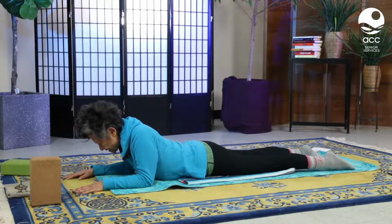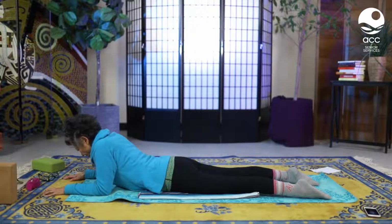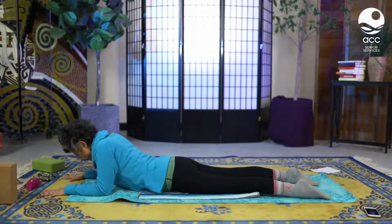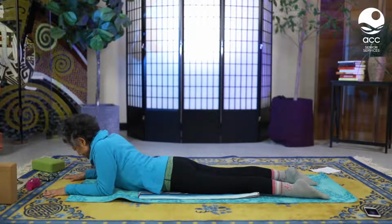And then see if you can relax everything from the hips down to the feet. Let that be your anchor point. With the next inhale, we're going to gently feel everything from our forearms and palms pressing down all at once and then pulling forward the torso, almost like we're dragging our torso forward. You might feel a little lengthening in our skin, and the shoulders are still moving away